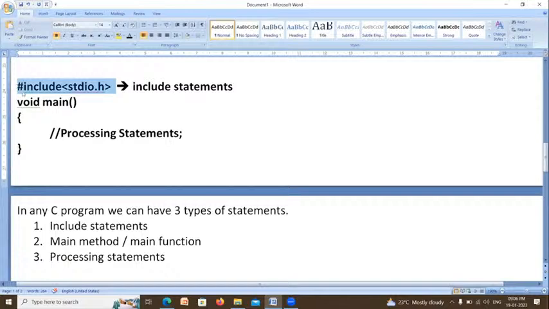So what is the meaning of this? You are copying the data inside stdio.h into your program. That is the meaning of this. After copying the code of stdio.h into your program, you can use the code and build your applications very easily. Right? Clear? It is just like a tent house. In this, so many built-in tools are there. Before using those built-in tools, you have to copy them into your program. To copy the content of this header file into your program, you have to use hash include.